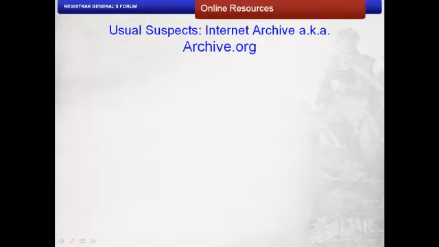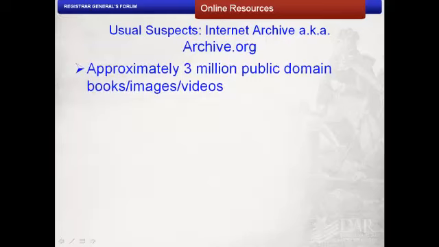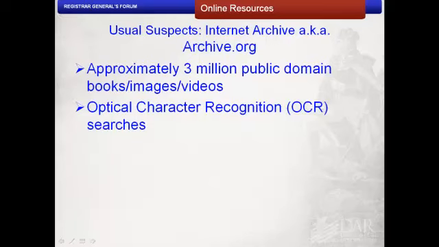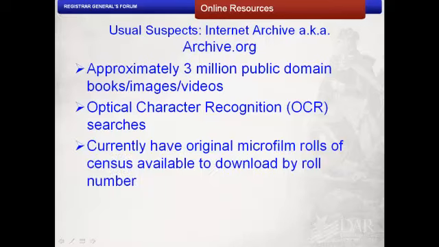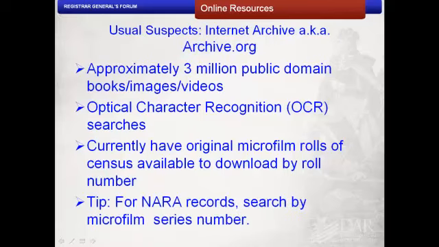Archive.org, or the Internet Archive, is one of my favorite online resources that I use probably 20 times a day. Public domain books are there, and their entries are OCR searchable on sites like Google. Public domain items available include Massachusetts Vital Records books, Massachusetts Soldiers and Sailors, and Robert's New York and the Revolutionary War. They also have videos, music, and other records that are no longer under copyright.